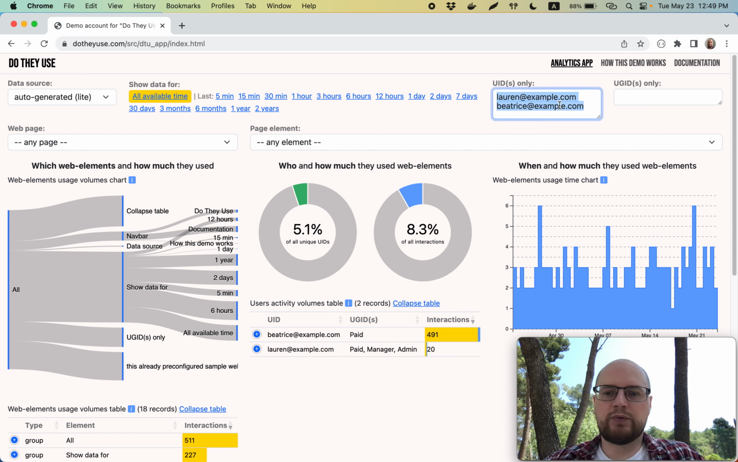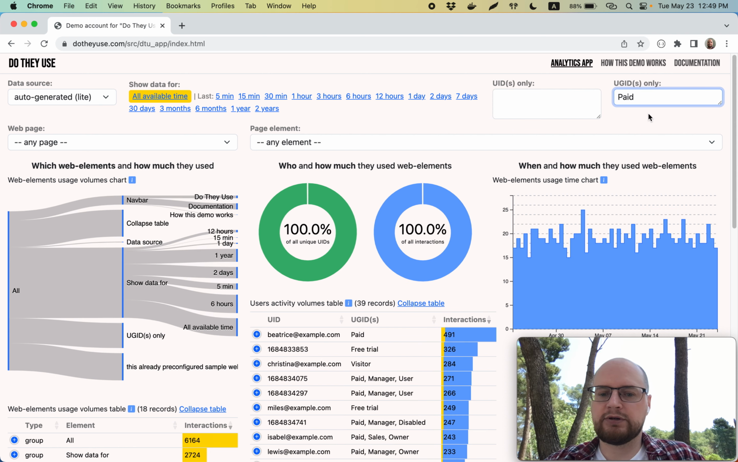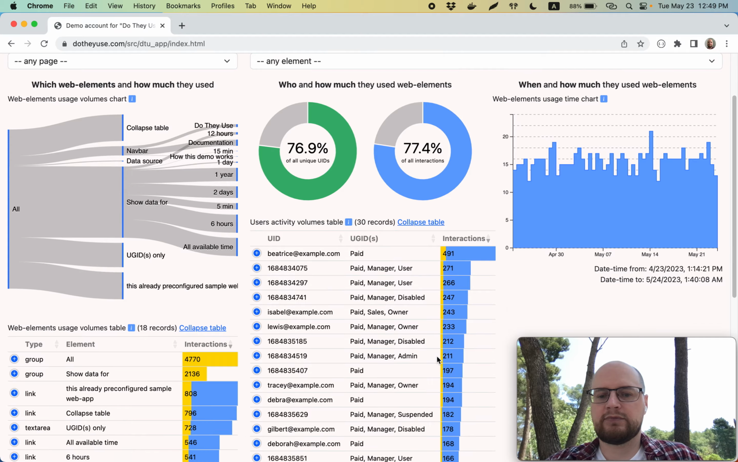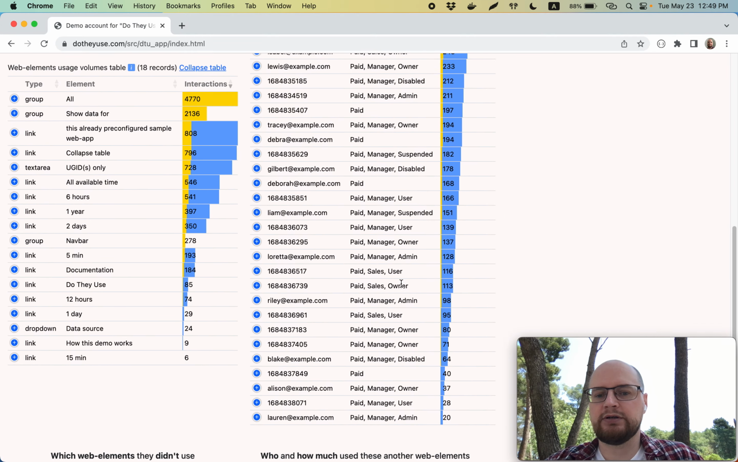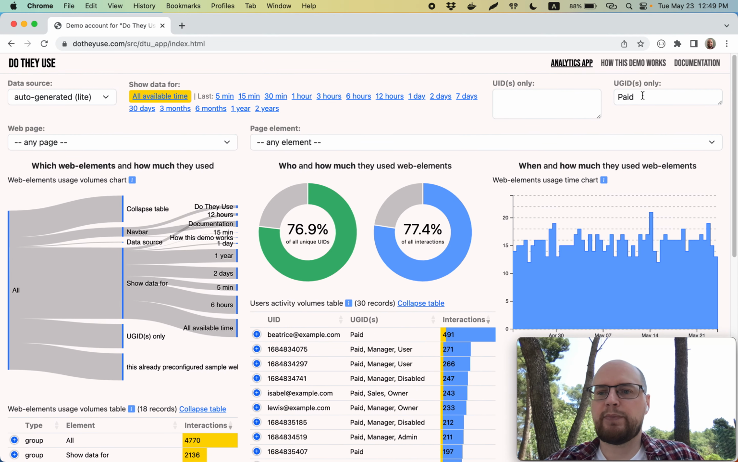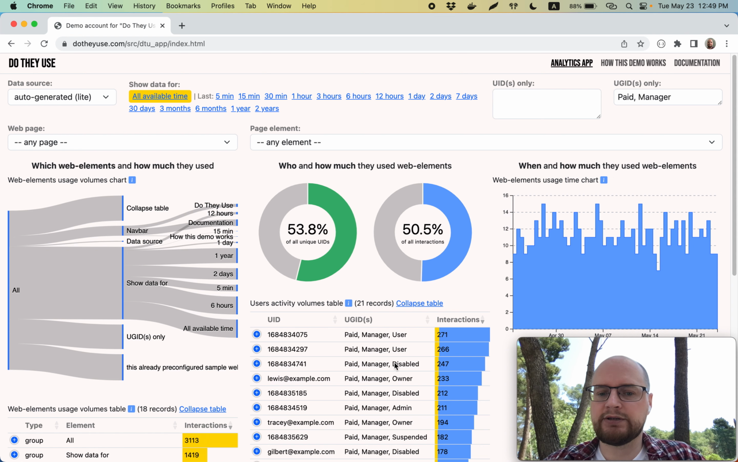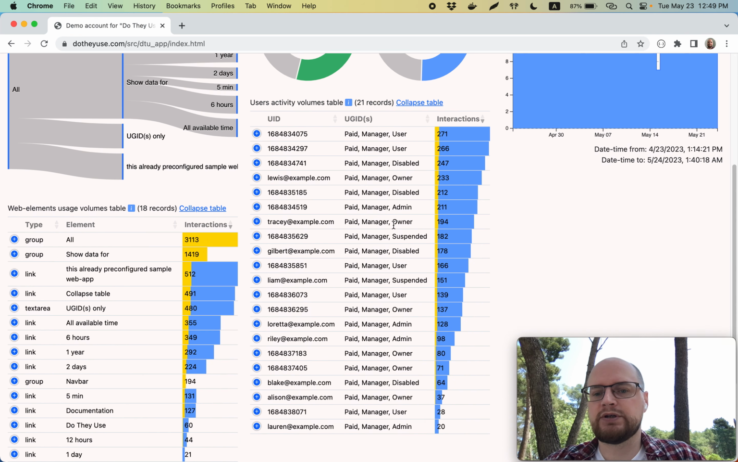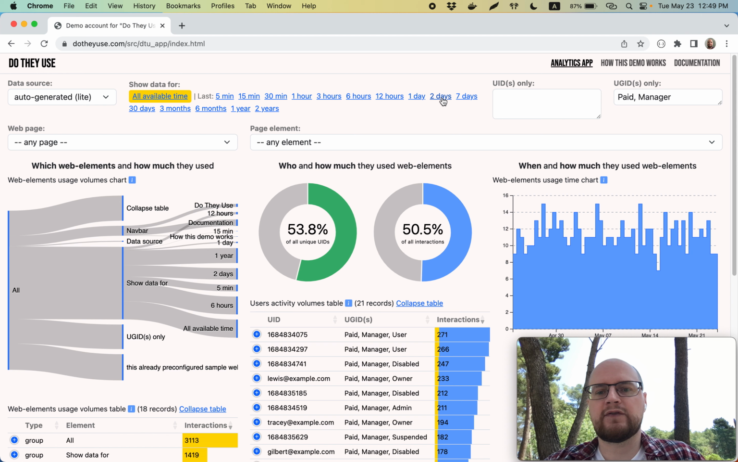For example, if we would like to analyze our data for paid only users. So here we go. We see what paid users, paid and manager. So now we see only paid and manager roles. What do they do in our application? What have they done